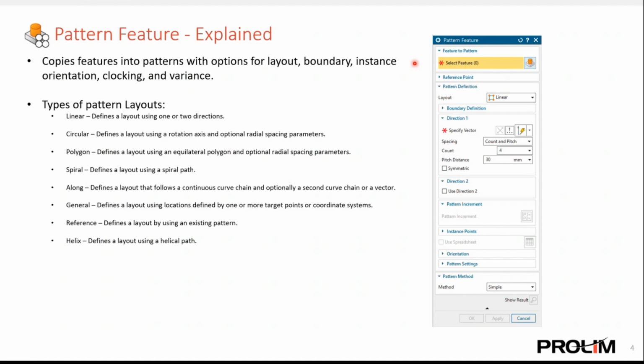So you may notice that in the pattern feature, if you're new to NX, you might be wondering what these asterisks are. Just like an online form, these mean that they are required to be filled out for it to execute the command. So as always, if you are new to NX, or if you ever get stuck and don't really know how to properly use the command in NX,